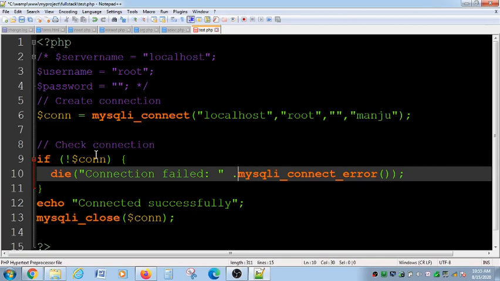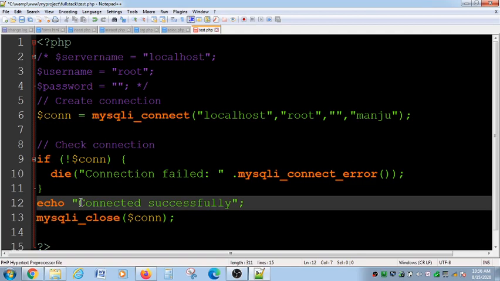And if it is successful, I am going to say connected successfully. This is a string message that I want to display. I can give whatever I want. I will say MySQL connected successfully also. Within the quotes you can give whatever information you have.